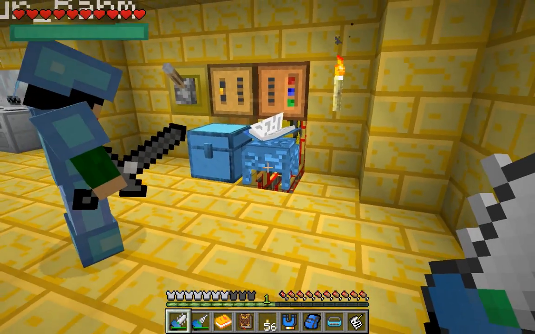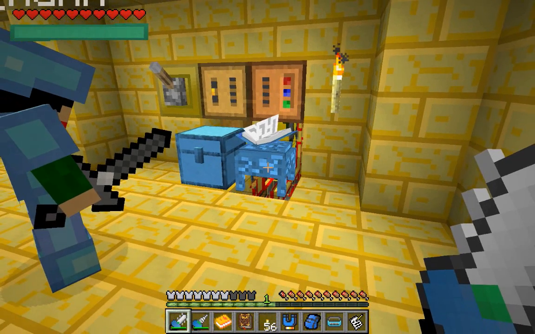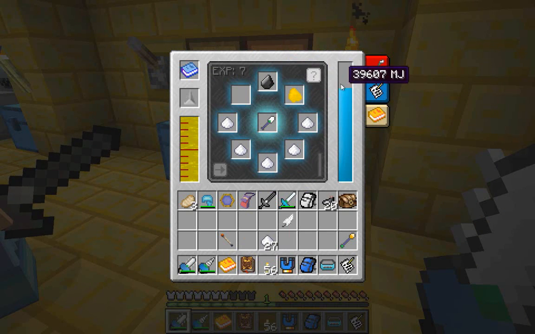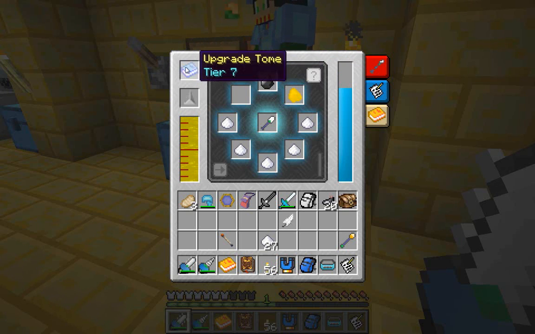Take all the stuff out and then put it back in. See if that does anything for you. 'Tis not working, my friend. That's interesting. So until I get 7 levels, it won't work. Huh. That's cool. You know what I might just do is I might just bind these to players, since